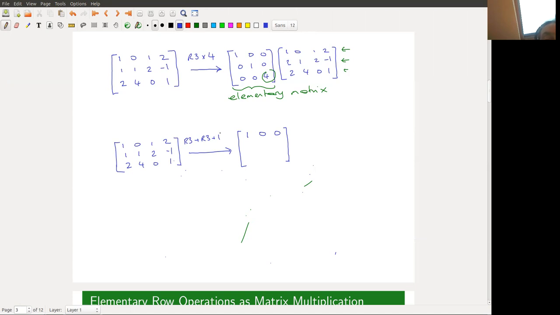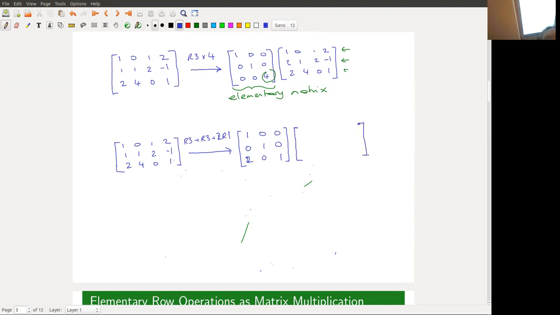We're going to add 2 times row 1, let's say, to row 3. We're not changing row 2, so we take 0, 1, 0 in the second row. So far, we have the rows of the identity matrix. In the third row, we're taking row 3, but to it, we are adding 2 times row 1. And that has the same effect as multiplying the matrix on the left by the matrix whose third row is